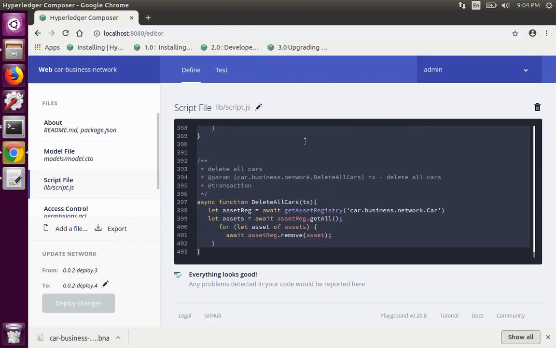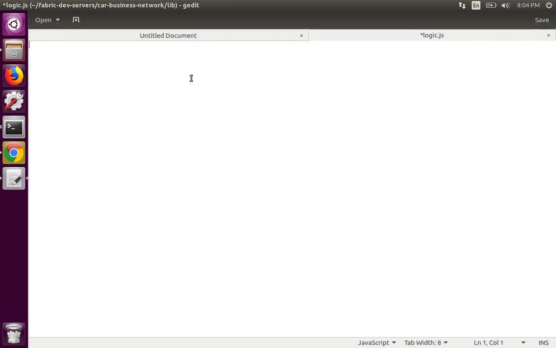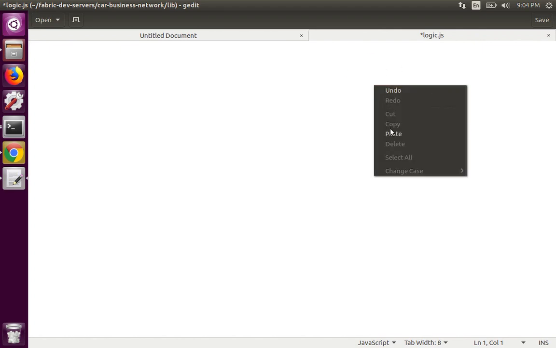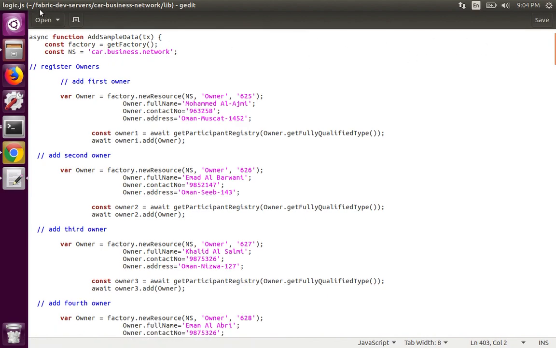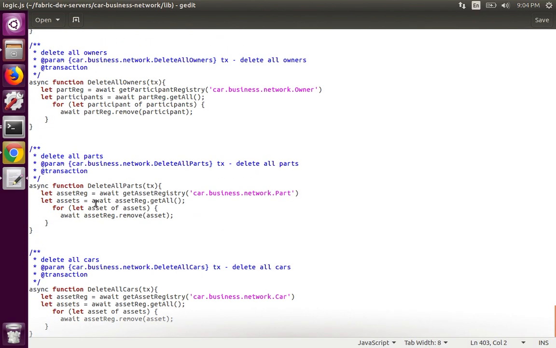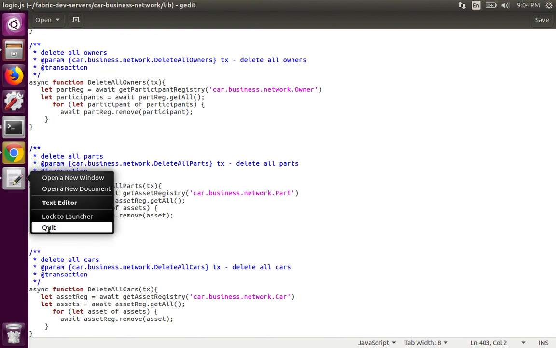Okay, copy, in the script file, in the logic JS. Yeah, now we can save it. It is already saved. So now we can close,